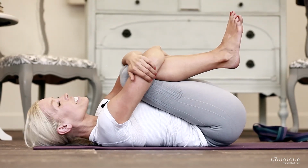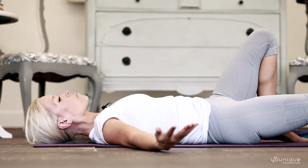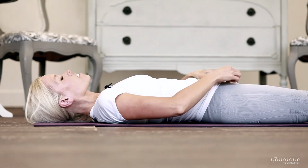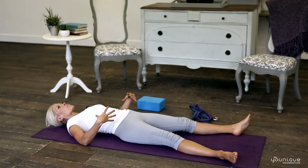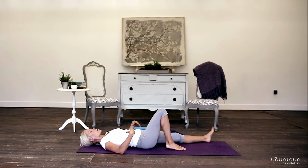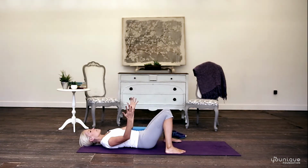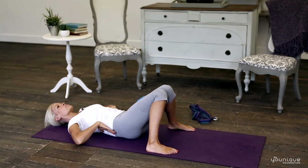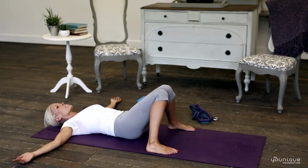And then when you're ready, this is it, the final pose, Shavasana. So you're gonna just calmly let your legs rest. Now for some of us, lying down flat, it doesn't feel so good for our backs for whatever reason, past injuries, whatever that was. Slowly just take your knees up. And you can take your feet out almost to the edges of your mat and bend your knees in toward one another. Just kind of settle your spine and shoulder blades into your mat, your arms out to the sides,